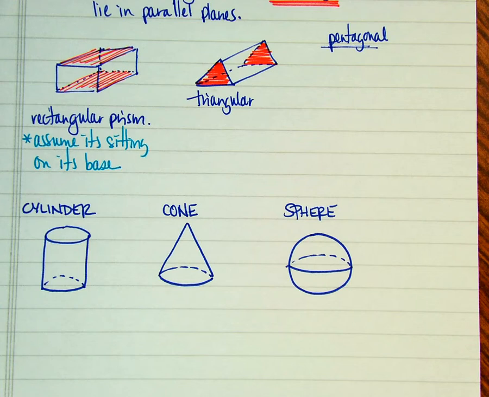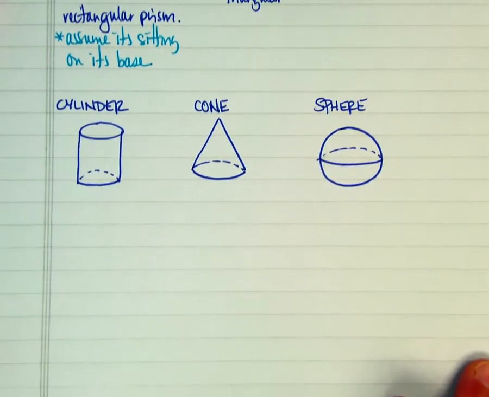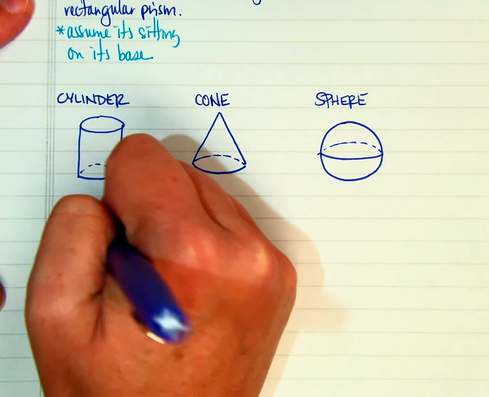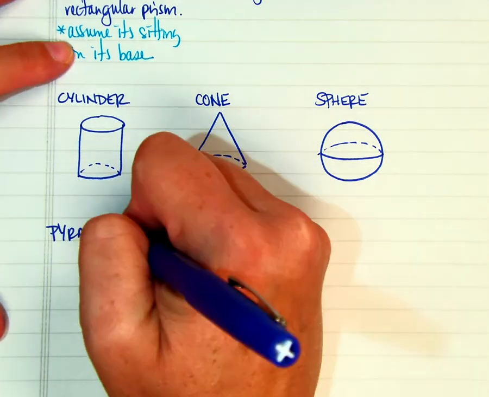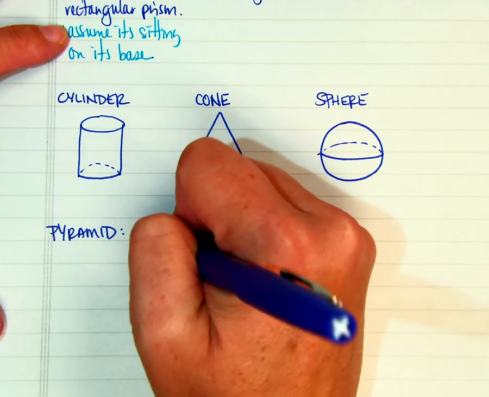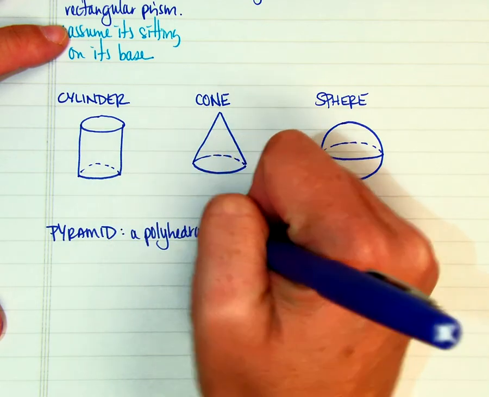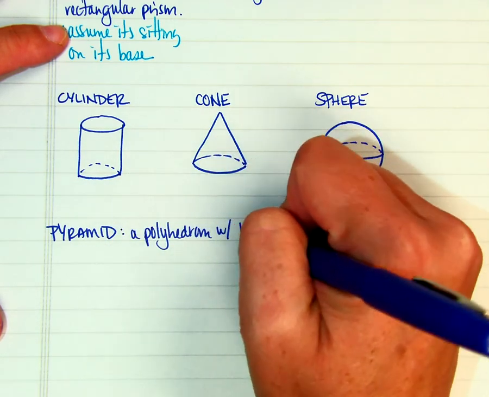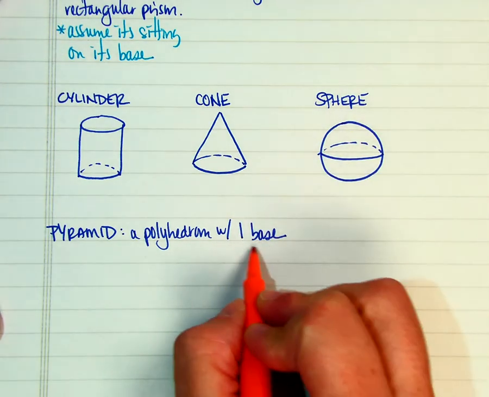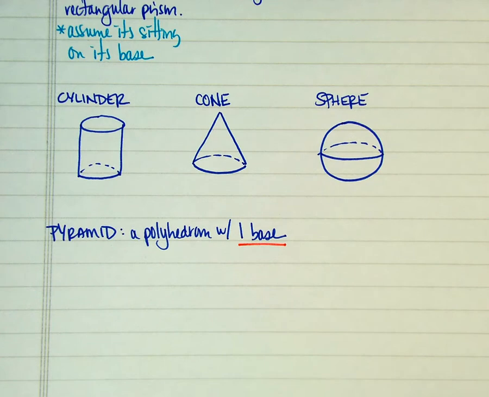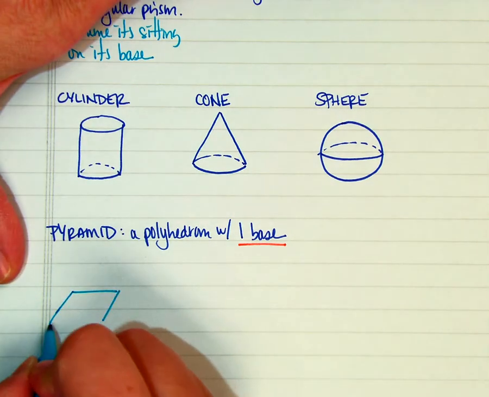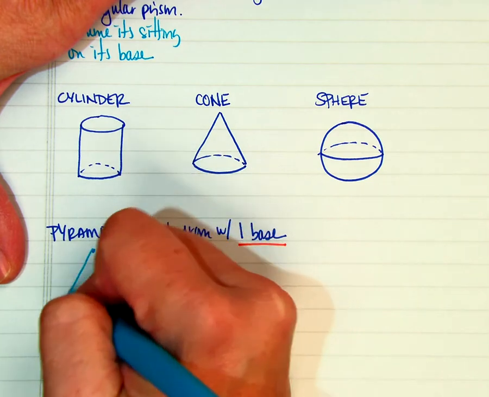We have also a pyramid. Now a pyramid, it just depends. The definition of a pyramid is a polyhedron with one base. But it doesn't tell you what shape this base has to be. So this base could be, and I'm not going to use my dotted lines because it's kind of hard to do these, you could have a square